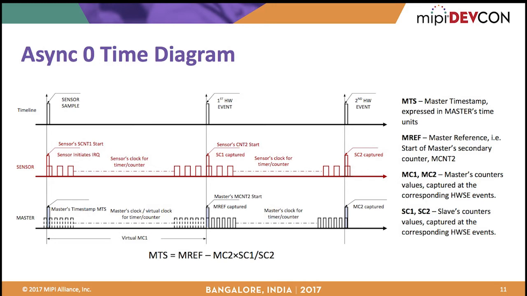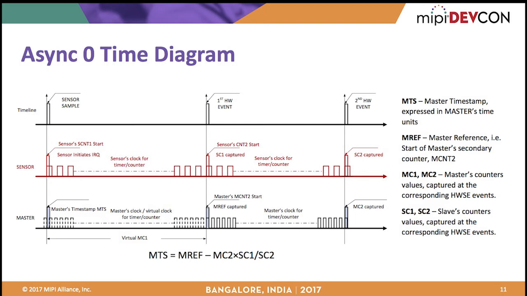Once that attention of the host is at this hardware event, the general hardware event, then the sensor will capture that first number, SC1, sensor counter 1. Because it's a mutual understanding between those two, the master will capture at this time its own timestamp on that one. And then comes a procedure further than that. They start counting both in their internal timer counters. They don't need to know which one has got what. They just count in their own